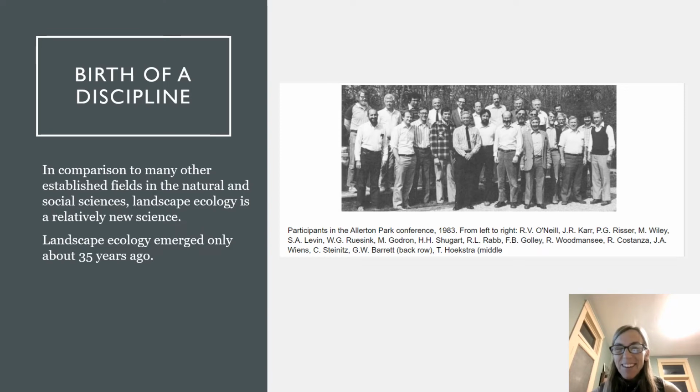You can see from the photo of the folks that gathered that we sort of lacked some diversity in that group of founders. I will mention that in this list is someone that I had the opportunity to work for when I was a grad student at Georgia, who had been Eugene Odum's grad student. A guy named Gary Barrett is on the front row here, and Gary ended up being a professor at UGA as well. And I had the opportunity to type his emails because he didn't like to type when I was a grad student.